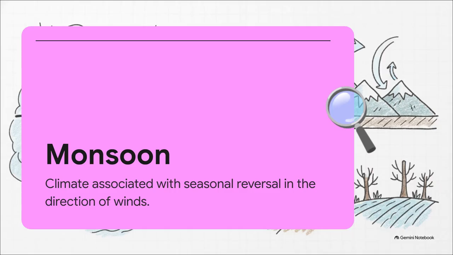And that brings us to the absolute defining feature of India's climate, the monsoon. Now, a lot of folks use the word monsoon to just mean a heavy downpour, but scientifically, it actually refers to the climate associated with a complete seasonal reversal in the direction of the winds. India has what's called a hot monsoonal climate, which is pretty prevalent across South and Southeast Asia. For most of the country, this dramatic wind reversal brings rain from June through September. But, the system does have its quirks. For example, the coastal areas of Tamil Nadu actually get their rain at the beginning of the winter season.